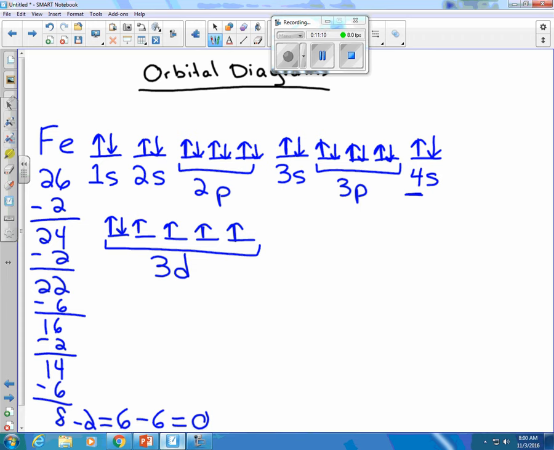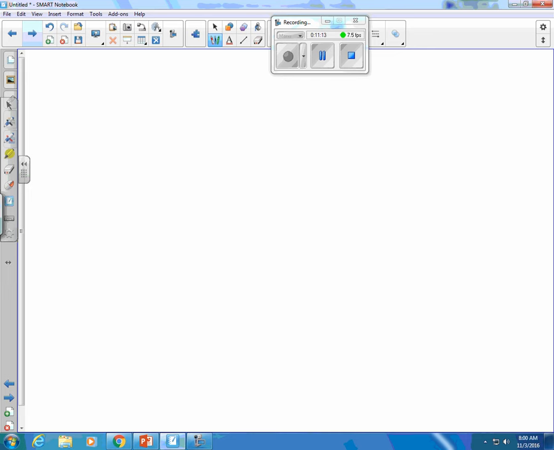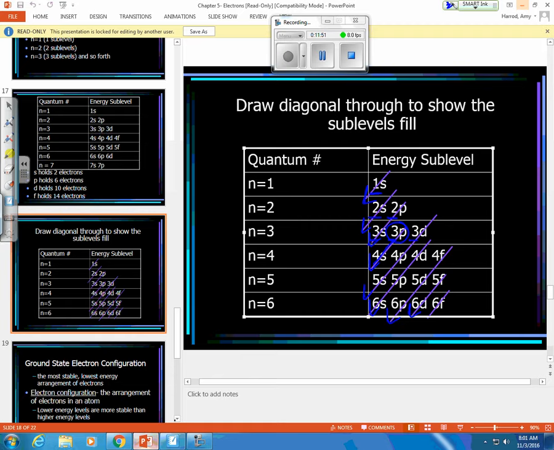Let's do one that's a little bit bigger. I'm going to do a pretty big one, and I'm going to go to osmium. This one's big. It's really big, actually. And look on your periodic table. Osmium's number 76. I have 76 electrons that need a place to sleep, and I'm going to follow the same pattern every time. I'm going to go back to the chart in my PowerPoint presentation, and I'm just going to